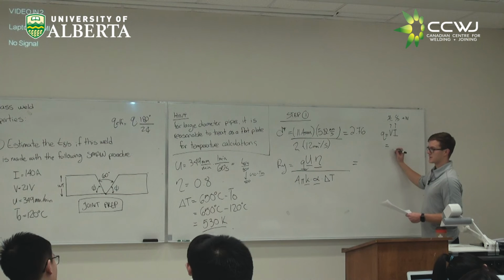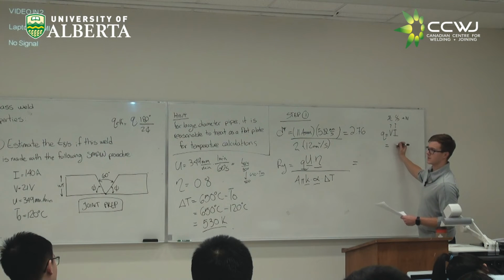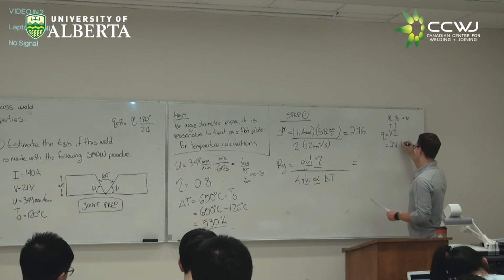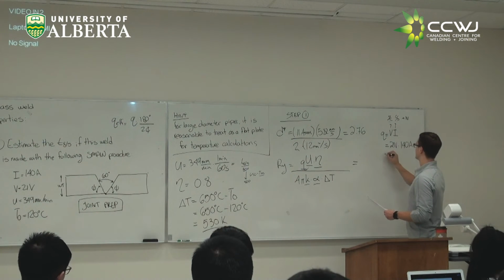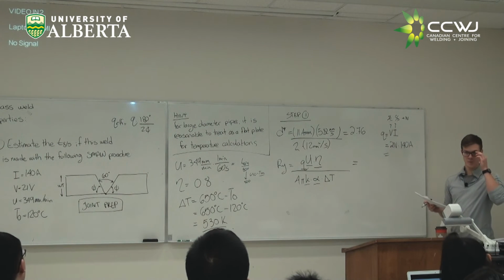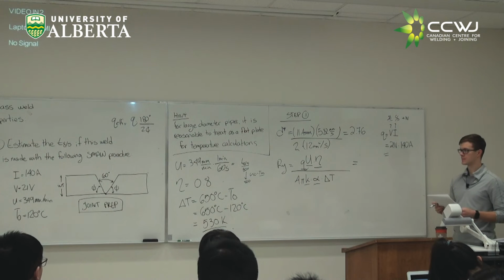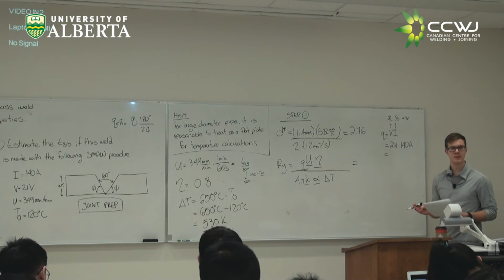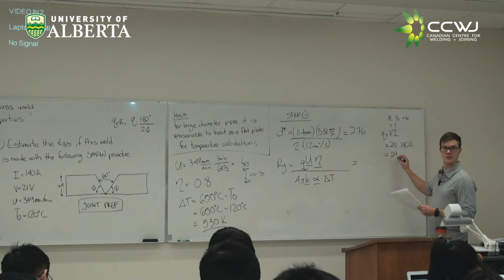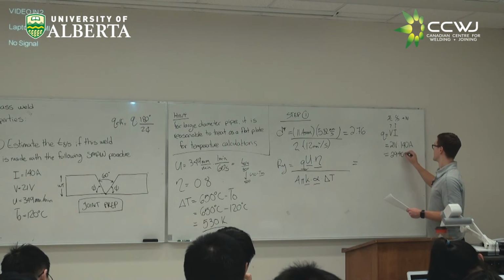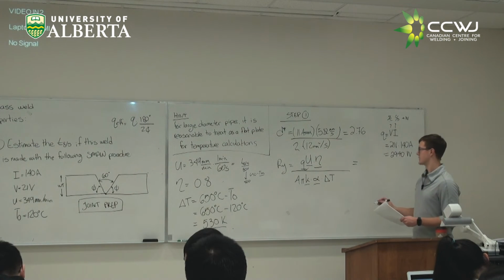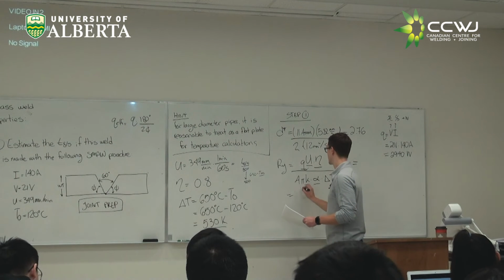So if we don't use that factor, we start with our voltage of 21 volts times 140 amps. Does anyone have a number for what that works out to? 2,940? And I'm assuming that's watts. Did everyone else get that as well? Okay, so now if we plug that in here,